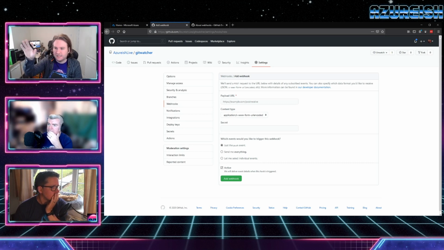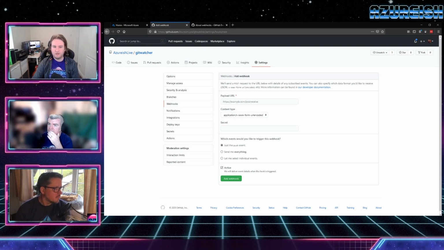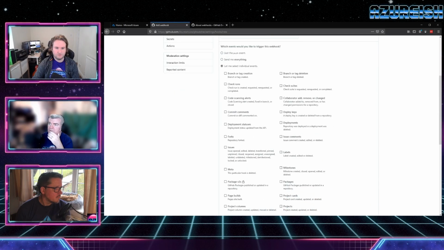So before we even get as far as an action, as long as that commit has happened into main, we should get that JSON at the other end, and then we're dealing with whatever comes out of that event on the JSON. I guess we could also select individual events.